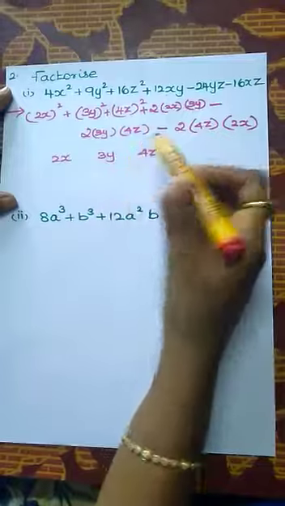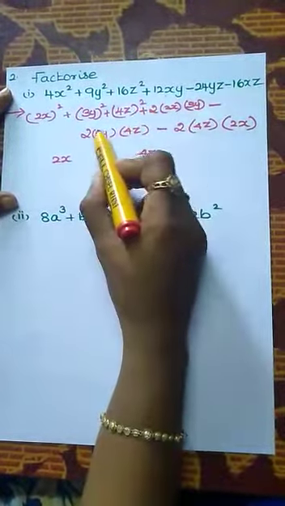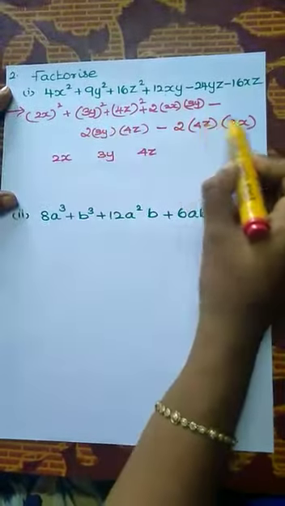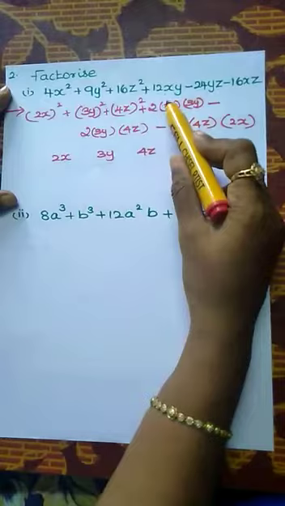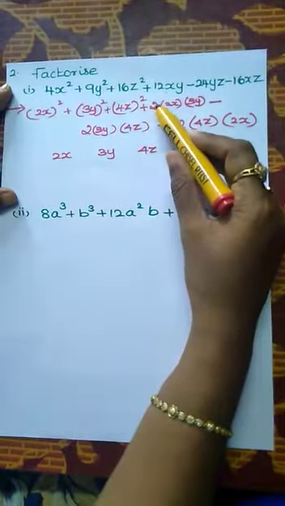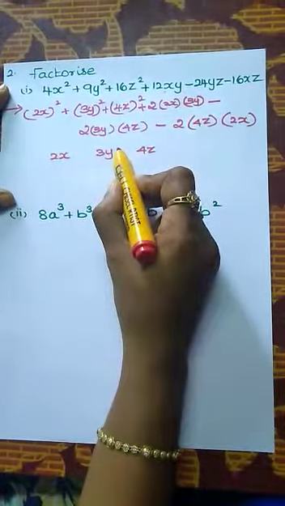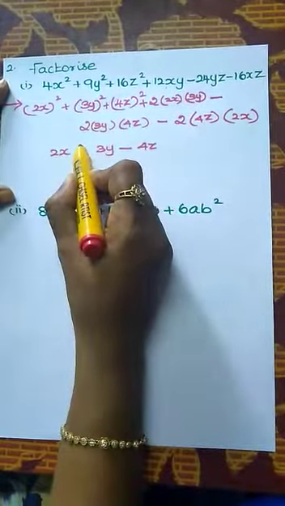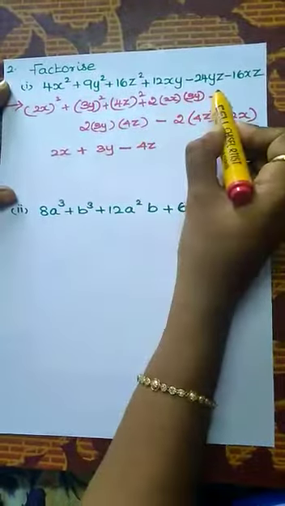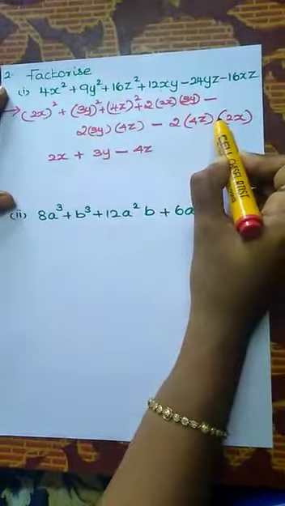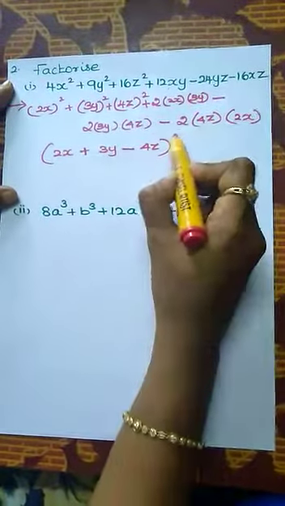So we have to choose here. x and y both values are positive. Here one of the values is negative. Here also one of the values is negative. Suppose we take x value negative, then automatically this symbol is also negative. But here what is given? Plus symbol. So directly we have to choose the negative symbol for z only. For the y term we have to give plus, because plus into minus is minus. Minus into plus is also minus. So directly we have to write a plus b minus c the whole square.